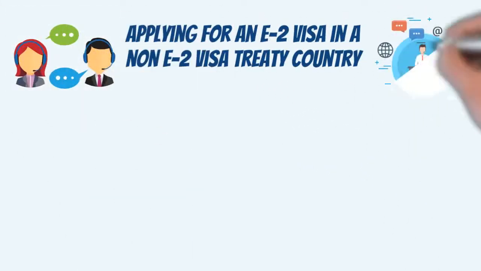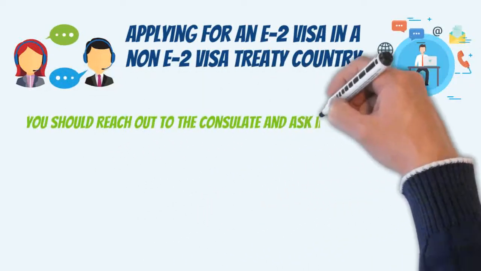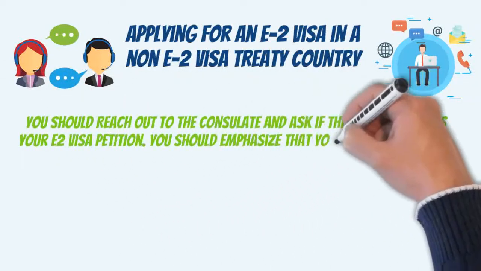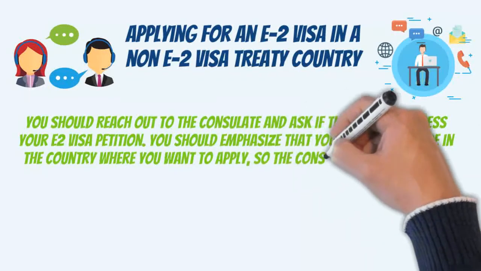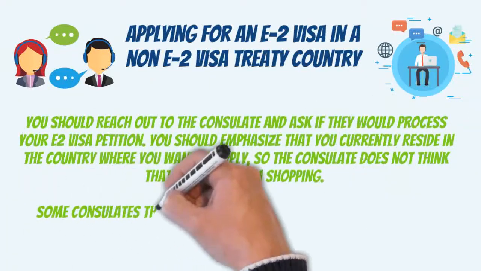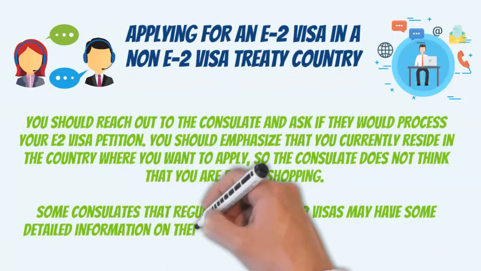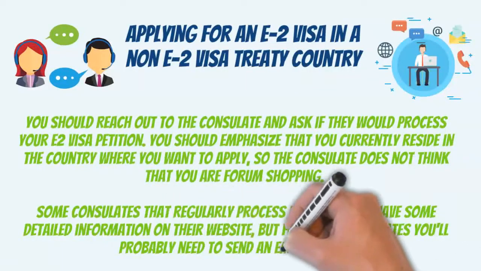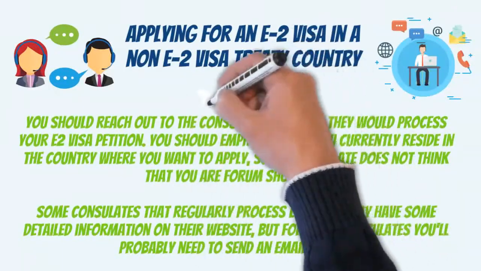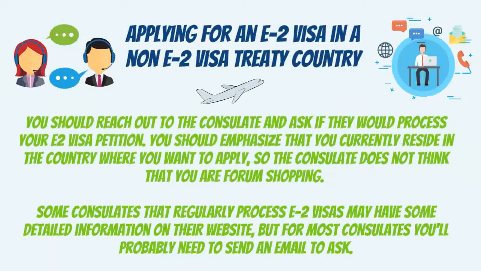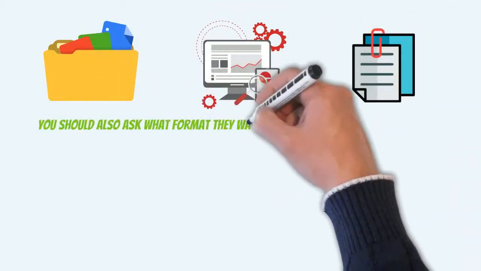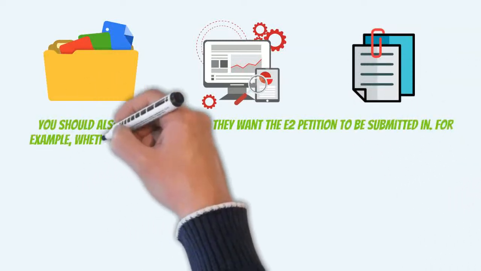You should reach out to the consulate and ask if they would process your E2 visa petition. You should emphasize that you currently reside in the country where you want to apply, so the consulate does not think that you are forum shopping. Some consulates that regularly process E2 visas may have some detailed information on their website, but for most consulates you'll probably need to send an email to ask. You should also ask what format they want the E2 petition to be submitted in. For example, whether they want it to be mailed or emailed, and whether they have specific instructions about how the